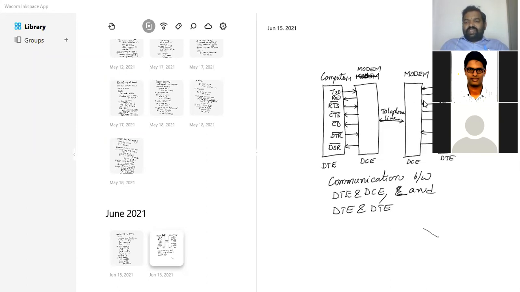After getting the request to send signal from computer 2, what modem 1 will do is send a data set ready signal to the data terminal equipment. So after getting this signal, once again the second request is sent by computer 1, and that is a request to send. Yes, I am going to send the data, please get ready. Such a kind of signal will be sent by computer 1.